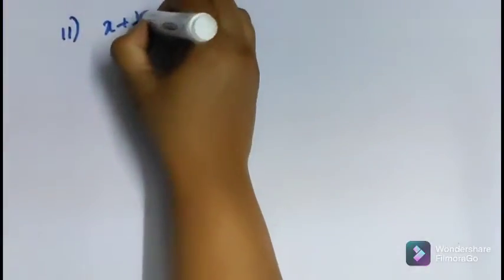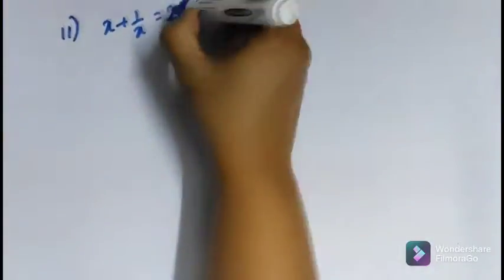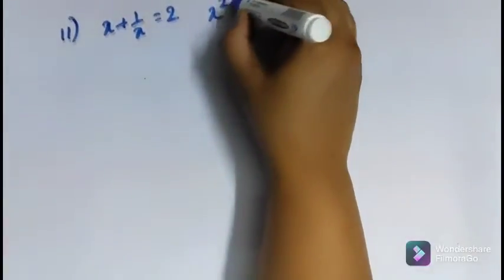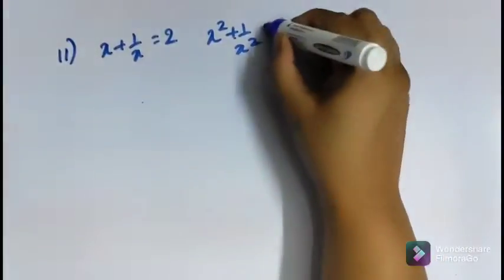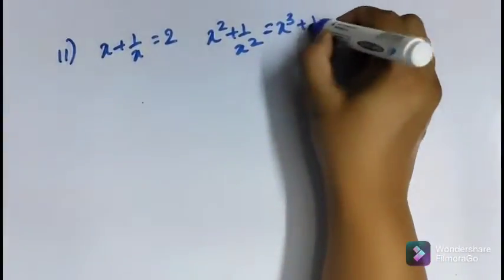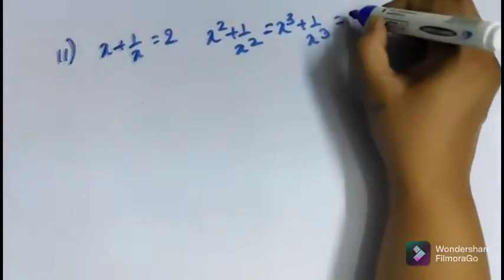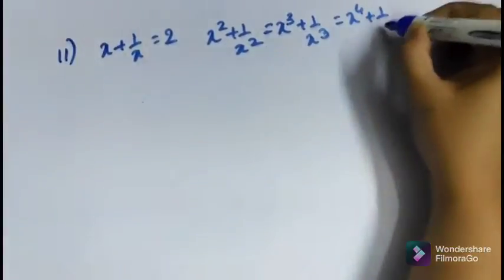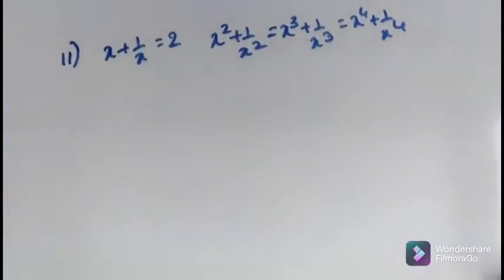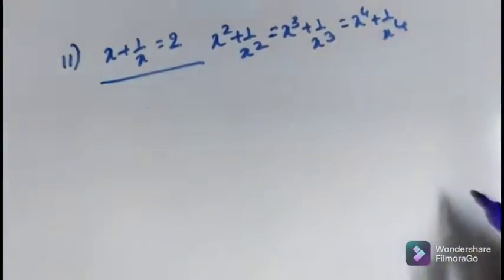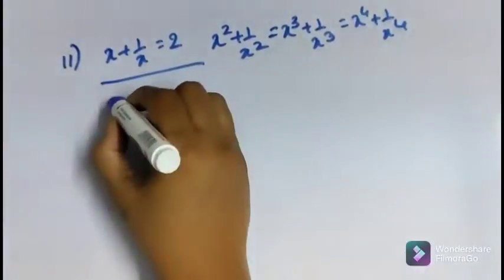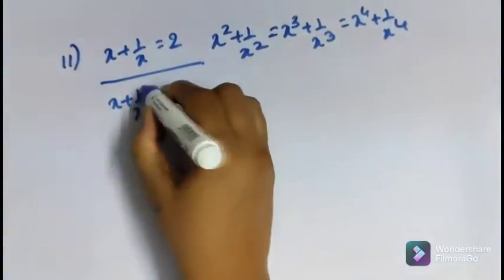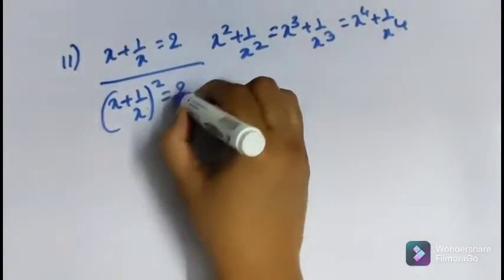11th question is, if x plus 1 by x is given as 2, we have to show that x square plus 1 by x square is equal to x cube plus 1 by x cube is equal to x^4 plus 1 by x^4. So let's do each and everything. First thing, let's square this equation what we have already, right? So let's square this. (x plus 1 by x) whole square is equal to 2 square,